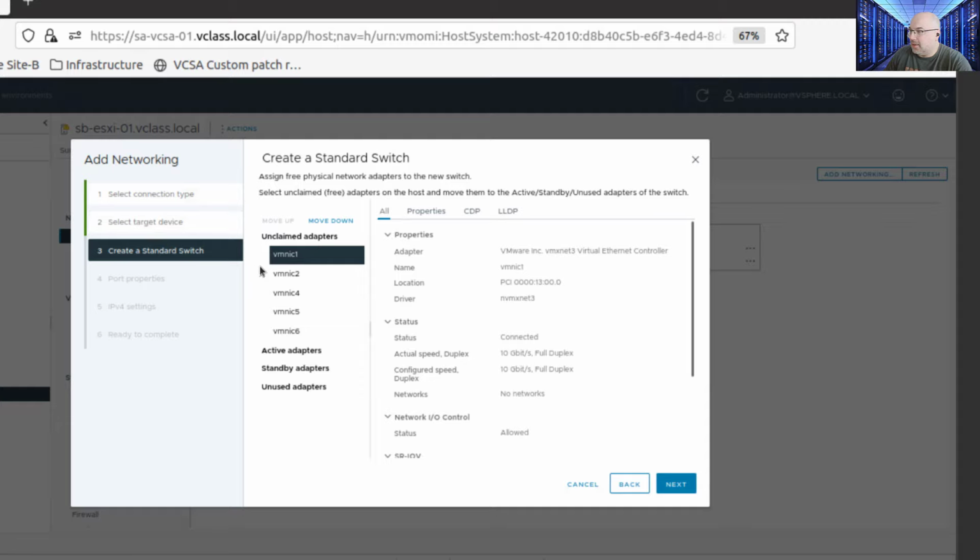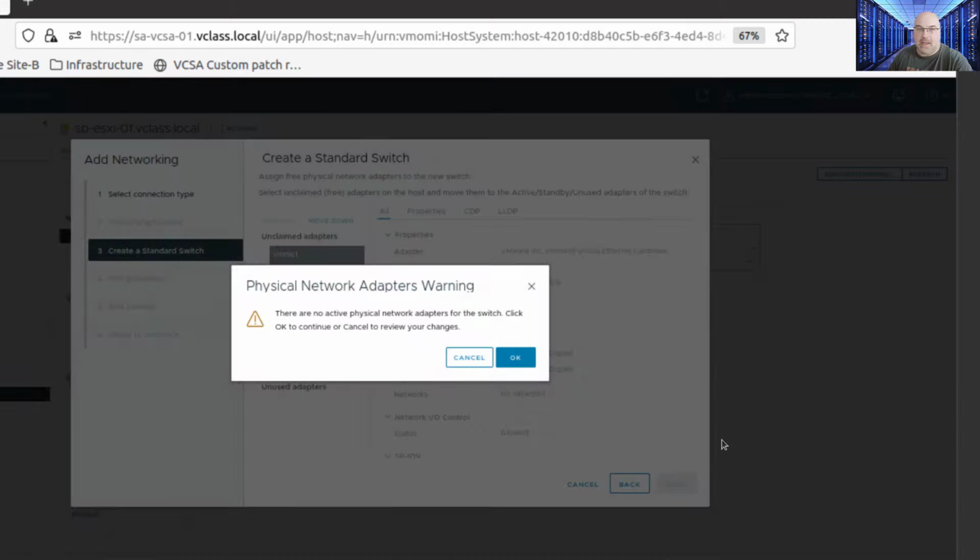So I just highlight vmnic 1, click next, and I was welcomed with this warning, physical network adapter warning. There are no active physical network adapters for the switch. Click OK to continue or cancel. So I click OK,